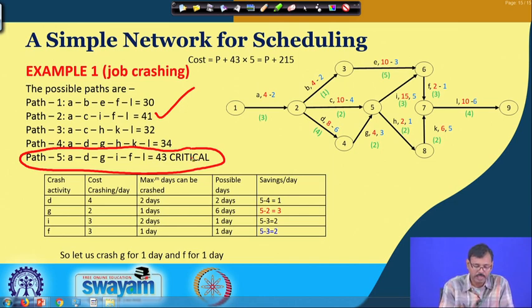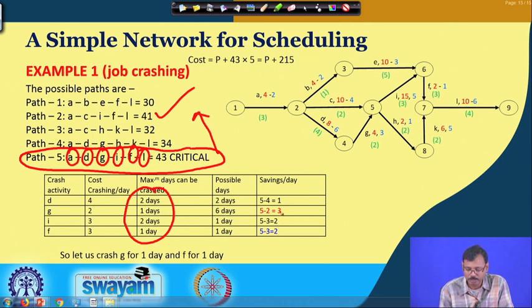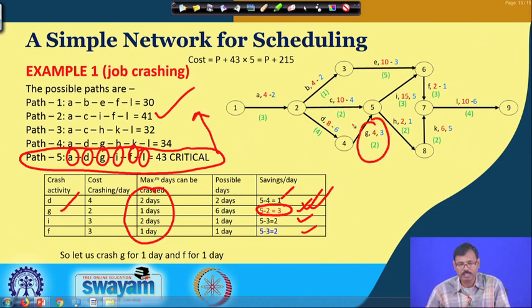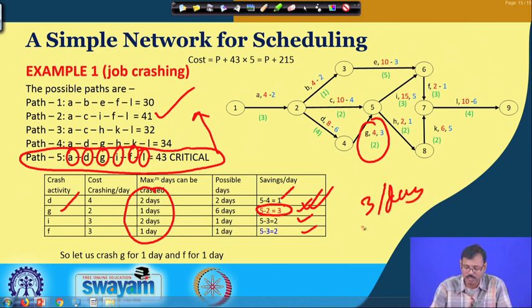So, to make this one 41 days, we have the option to crash all those associated jobs here for 2 days. If we crash them, what are the cost savings incurred? These are given here, and you can see the cost saving is maximum in job G. That means if we crash this job, our cost saving is maximum, that is 3 units per day. But the problem is that it can be crashed for only 1 day.